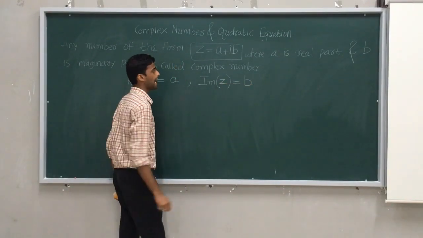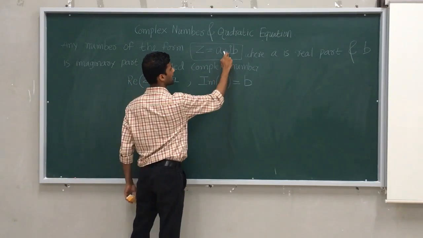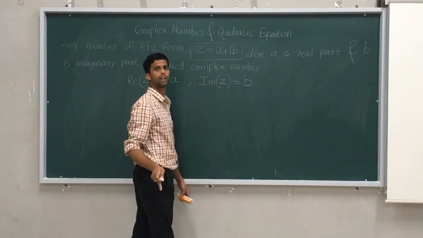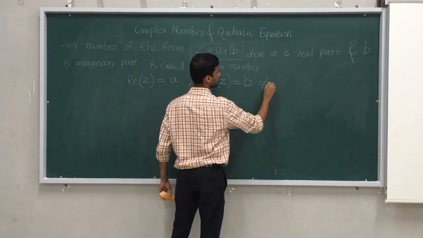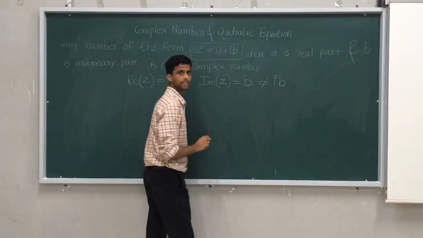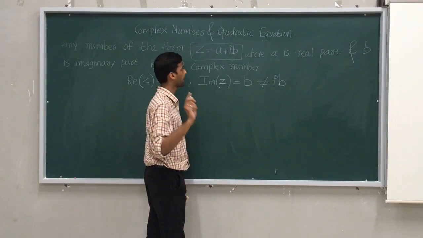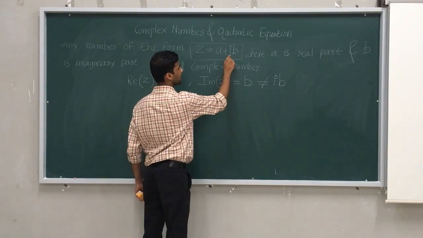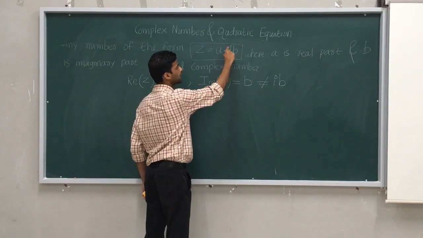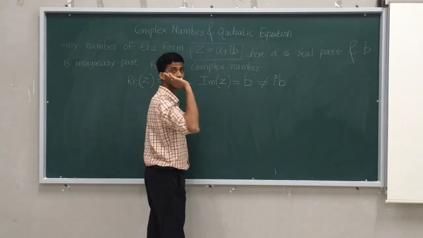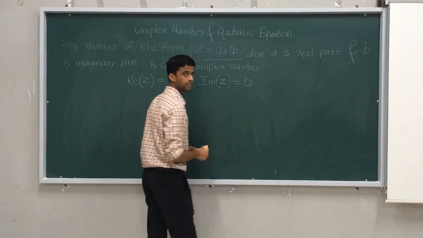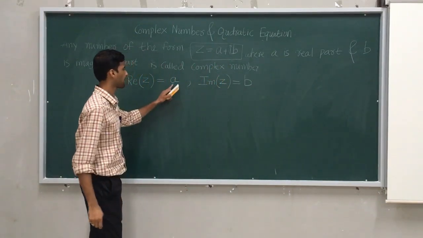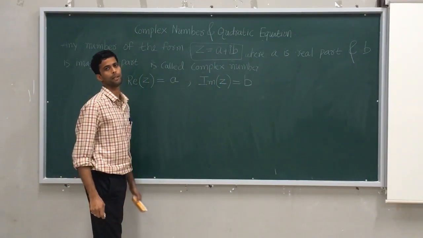Always keep in mind, any term with i is called the imaginary part. But while writing, never write the i along with it. While writing the imaginary part, write only the term without... write only b. Don't write both. You will lose marks. Therefore, keep this in mind. a is the real part, b is the imaginary part.